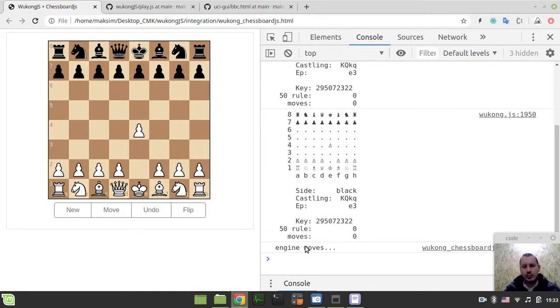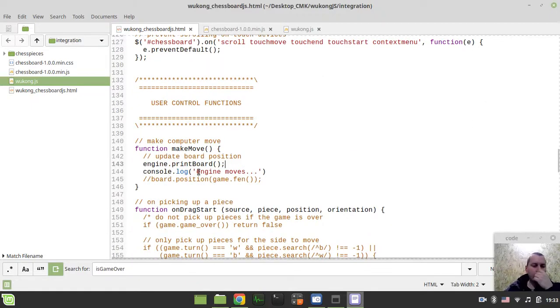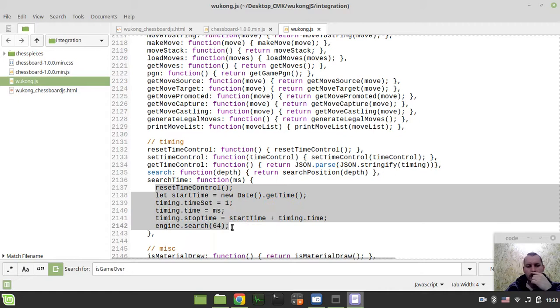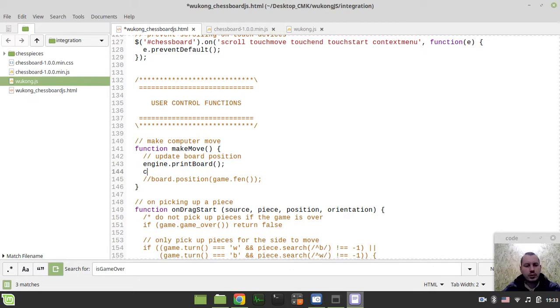Okay, so here we should have the engine move being made on a chessboard. Okay, so I've created a new function like search time, so we can just put the milliseconds. It's way more flexible than doing this by hand. So it's a bit of a high-level API call here. So let's just say engine dot search time 1 second. Here I say search for 1 second,